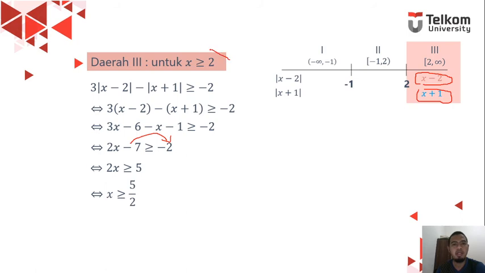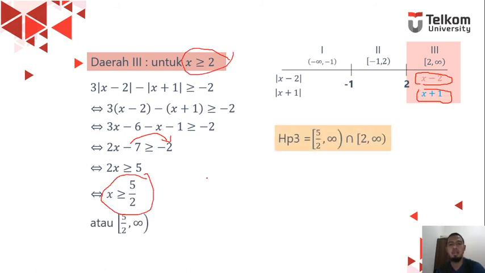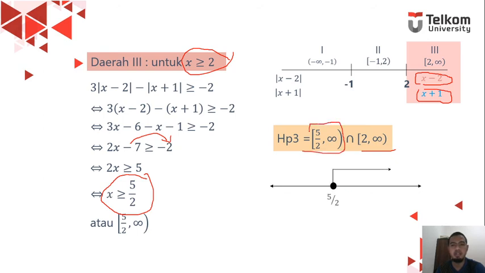Next, we make the intersection between this one and this one. Okay, after that, we will make the intersection for x bigger than 2 with this one. So this one will be in this area, 5 over 2, and the 2 will be in this area. So the region that will be inside both of them should be here, right? Will be from here. So the result should be this area.